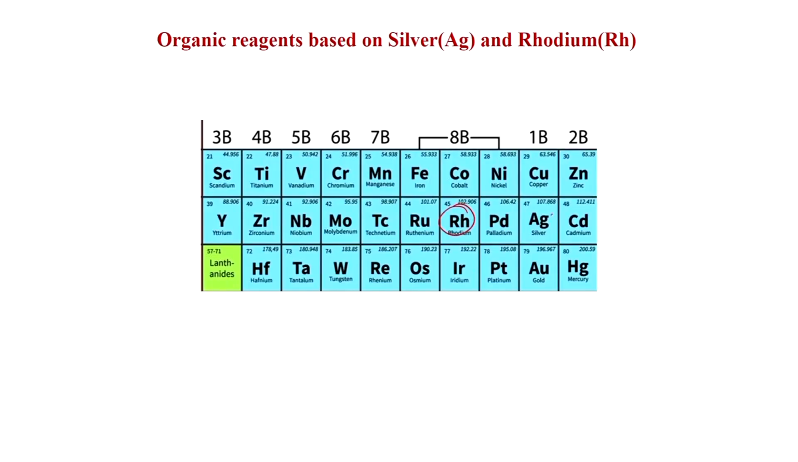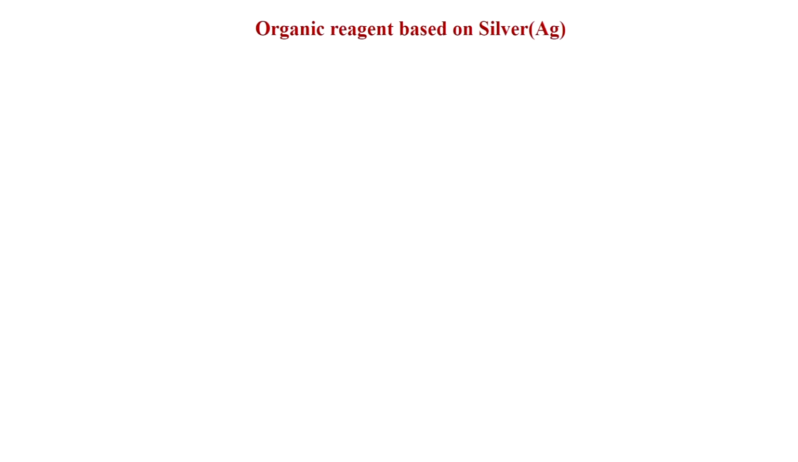Welcome again. Today we will discuss organic reagents based on silver and rhodium. You can see rhodium and silver are in the same row, the fifth row, and rhodium is in the group of cobalt and silver is in the group of copper. So we will see first the organic reagents based on silver, and here we will discuss first Woodward cis dihydroxylation,